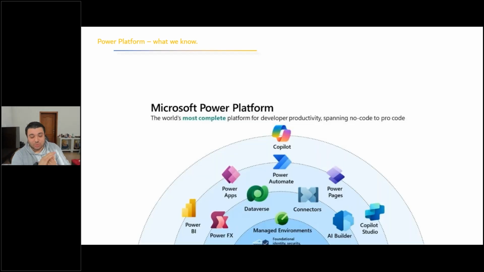So Power Platform, what do we know? This is one of the most classic slides that you will ever see, right? Whenever we talk about Power Platform, we always aim to say that this is the most complete platform for developer productivity, from no code up to pro code, which is somehow true, right? The Power Platform looks easy when you see how Microsoft and evangelists are promoting it. Within 2 clicks, basically they build apps, and that app can become business critical,